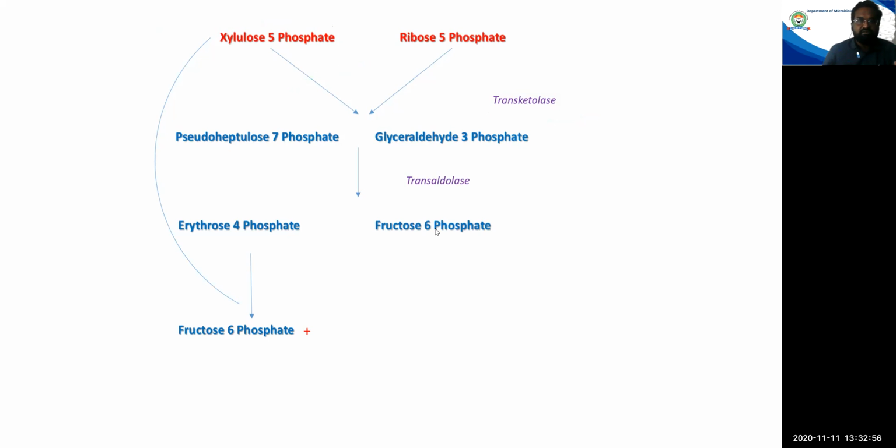Okay. If you compare this with your EMP pathway, the EMP pathway is a straightforward pathway. It is a cascade-like reaction. If the first reaction occurs, only then will the second happen. If the first reaction is blocked, the second will automatically be blocked. But in this pathway, why are we calling it a shunt? Because there are many alternate ways by which an organism could metabolize the sugar. As we are seeing here,